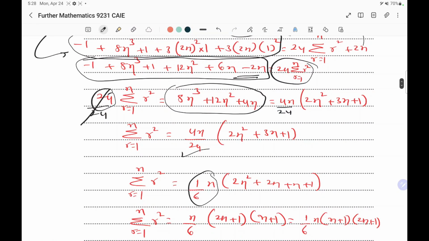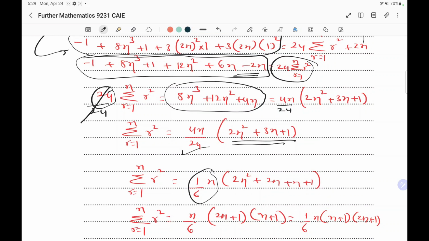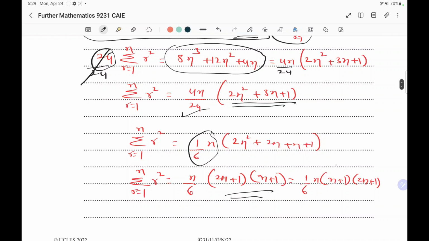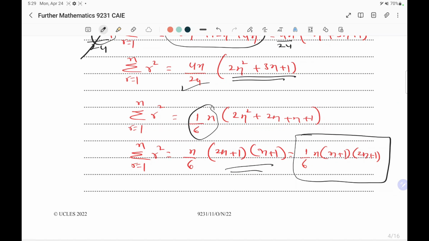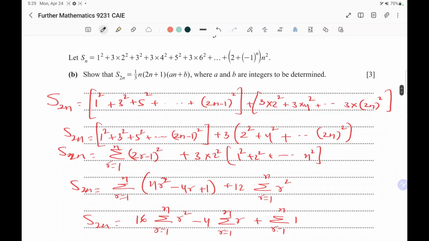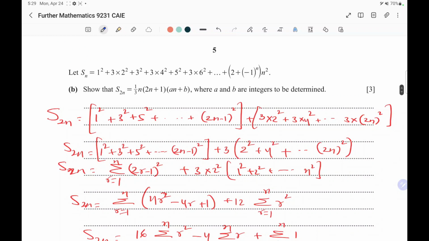This is n over 6, definitely 4 over 24 is 1 over 6, and 2n square plus 3n plus 1, just you can factorize. Finally you will get this result. So sigma r square, r equals 1 to n, is 1 over 6, n times (n plus 1) times (2n plus 1). Okay, now come to the next question, that is Sn, which is 1 square, 3 times